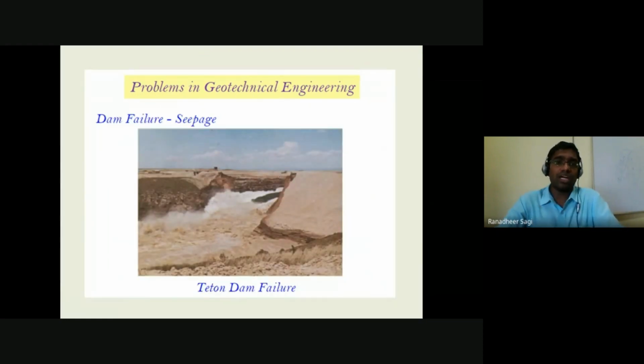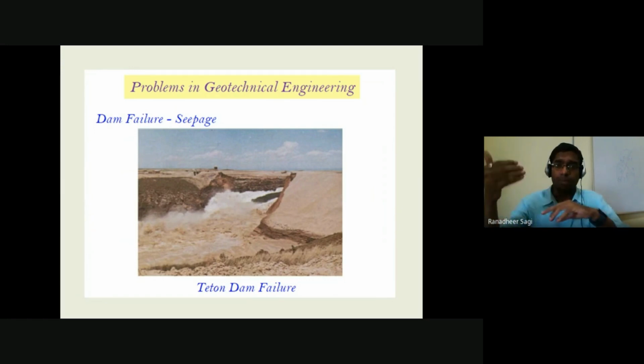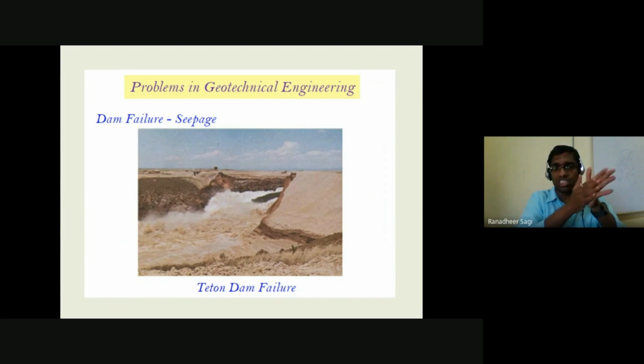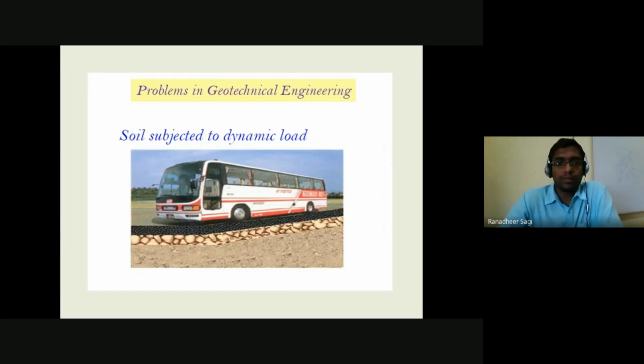And this is one of the classical examples where we have a dam failure, because once the dam fails because of the seepage happening continuously through the interconnected void paths, at some point of time, because of the pressure exerted by the adjacent water which has been stored on the upstream, the cross section of the embankment fails, and you see the water continuously flowing from upstream to downstream, and your dam does not act like a barrier for storing the water there. So you have to be very careful in designing your structures.